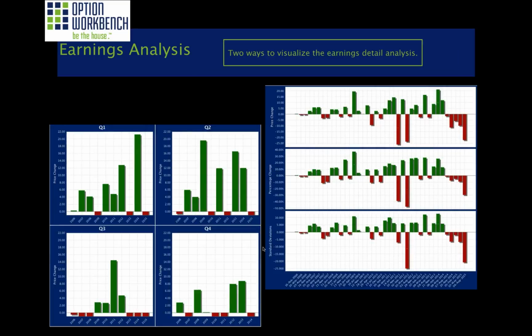Okay, the detail table lists the effects of each earnings announcement, categorized by up moves and down moves. The price changes here are shown as of the impact date, and that's the date on which the effects of the announcement are seen in the market. So, for example, for an announcement that happens after the market close, the impact date is the trading day after.